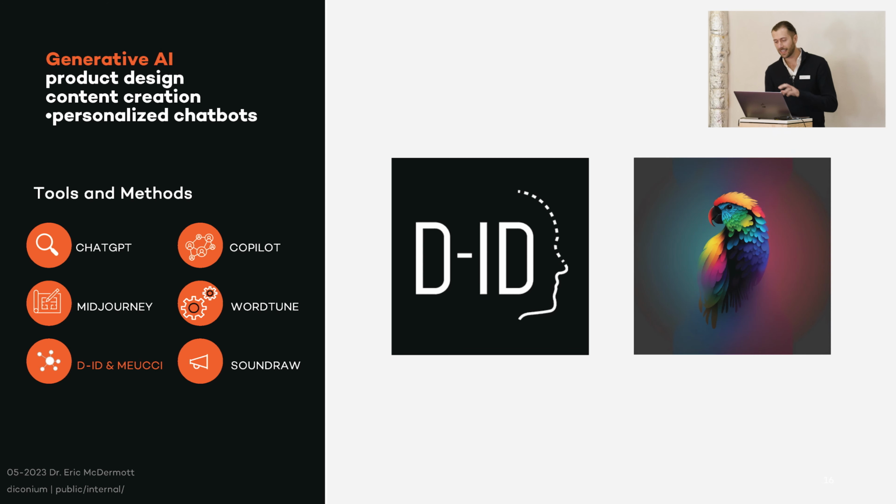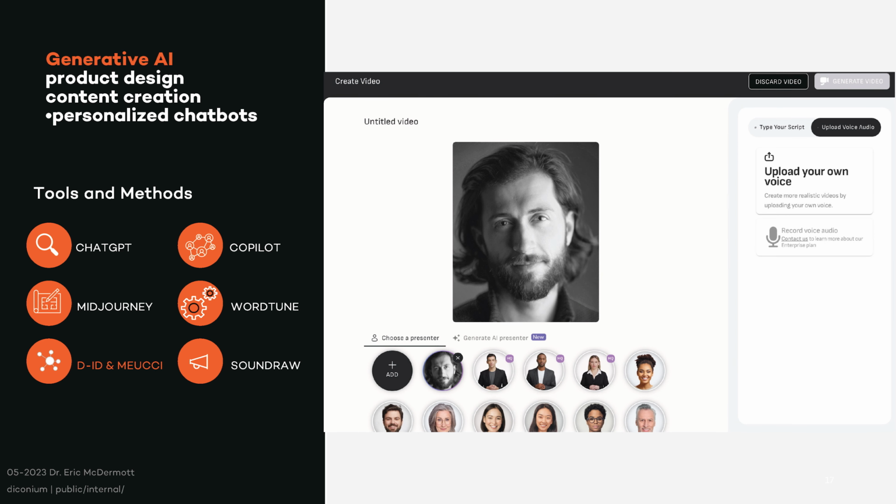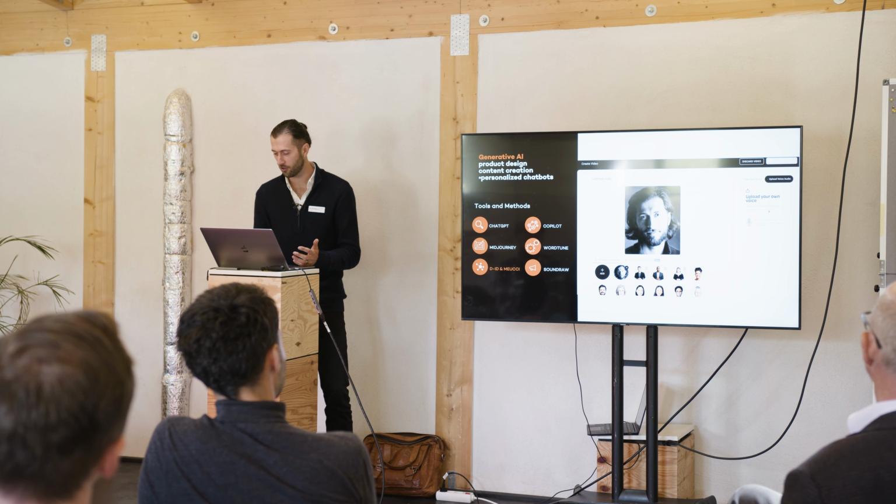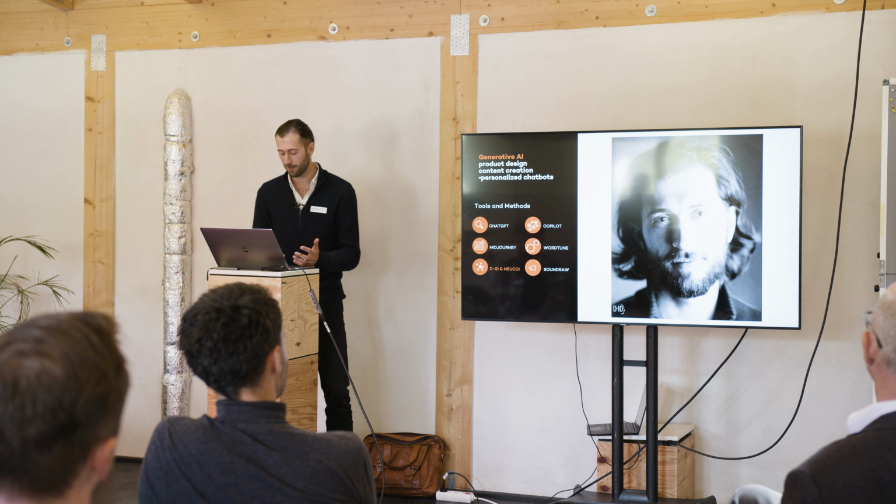Now, if we link the power of image manipulation with synthetic AI voice, such as from Murf or ElevenLabs or even Microsoft, we can do things like this. This is the D-ID website. You can either upload a picture, or you can click an AI avatar, or you can create your own AI avatar. You can also then upload your own voice or type in your script. You can use Microsoft for default voices, or you can upload your voice. Here, I cloned my voice. I'm not sure if we're going to have sound, but we can try. This is what comes out of this.